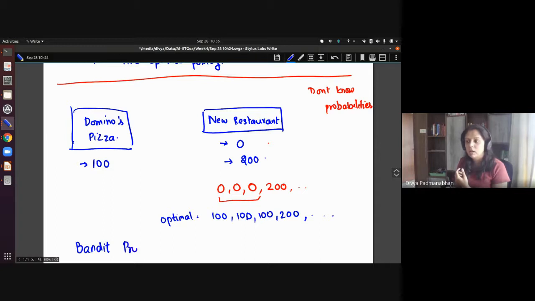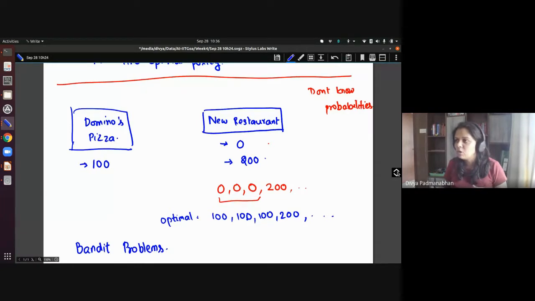Okay. So there's an additional level of complexity. Somehow you have to learn the probability of, the performance of each of these options. And so that's the next level of sophistication that we are going to do.